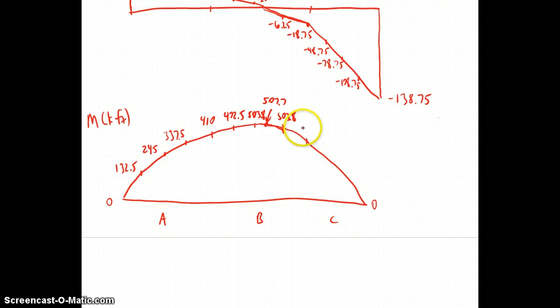And then it's symmetrical on either side for a little while until the value of loading changes. So the value of moment is 472.5 at the juncture between segments B and C. And then at the quarter points of C, we have 421.9, 326.3, and 185.7. Make sure you pause the video at this time and ensure that you are able to do this without